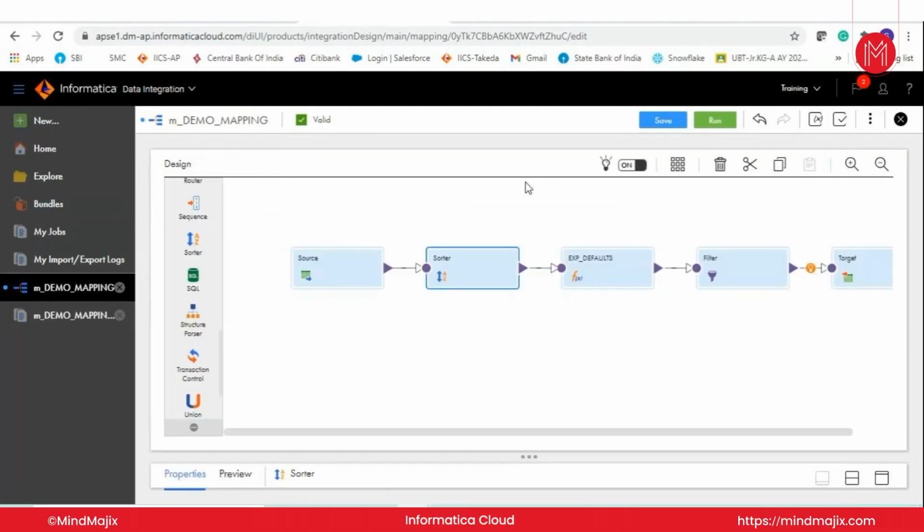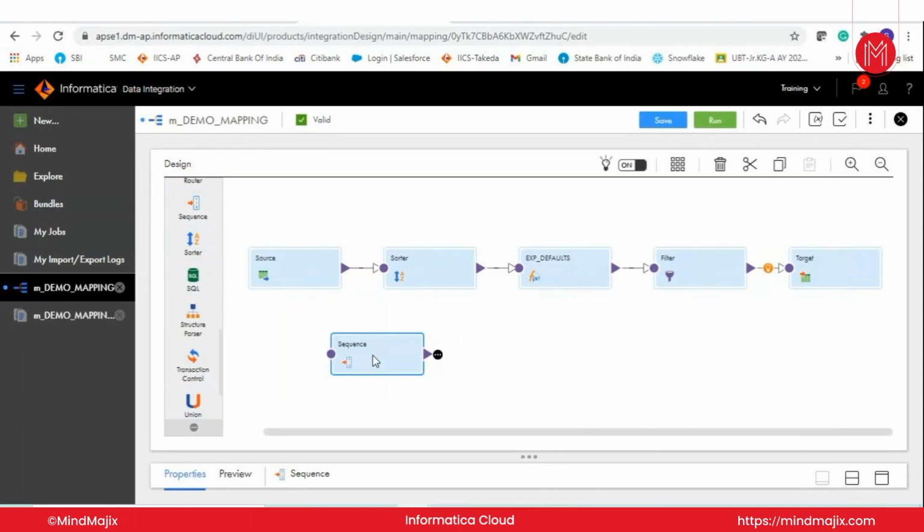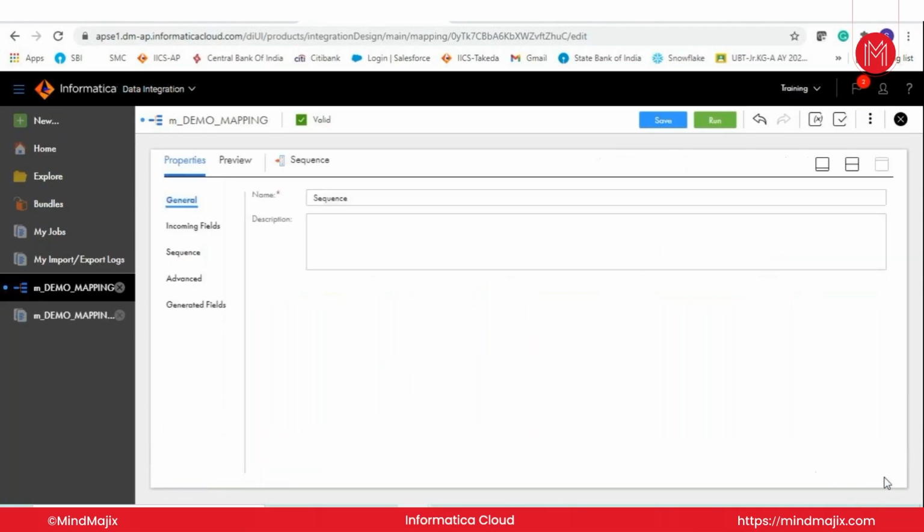After sorter, say for example I want to have a sequence transformation, so I want to create a sequence. In that case I can just bring this sequence. Now this sequence, usually in PowerCenter, will not accept any incoming fields. Here I do have a choice, that I can have the sequence as a completely connected transformation, or I can keep it standalone. So if I go to the properties of sequence,